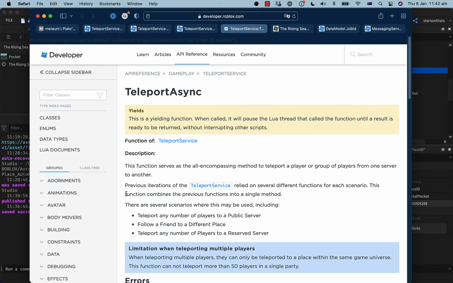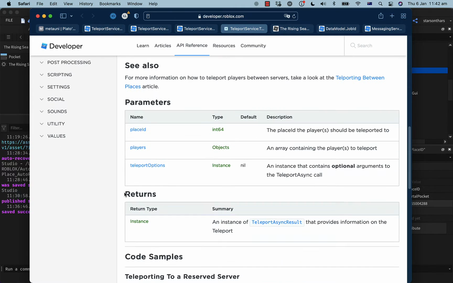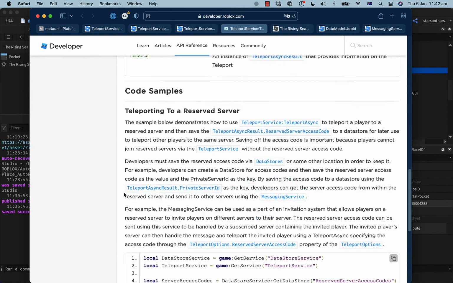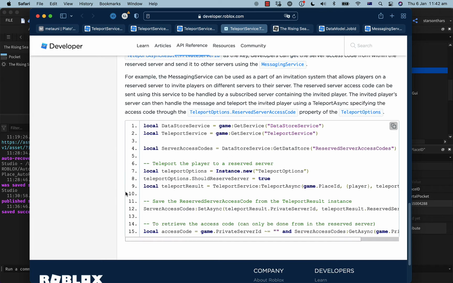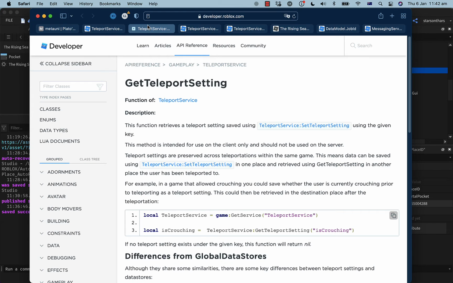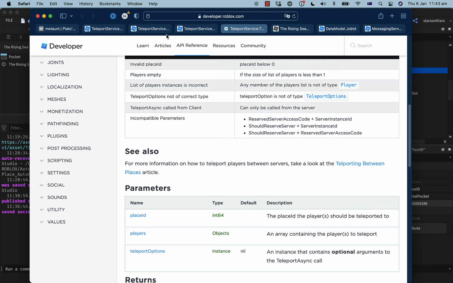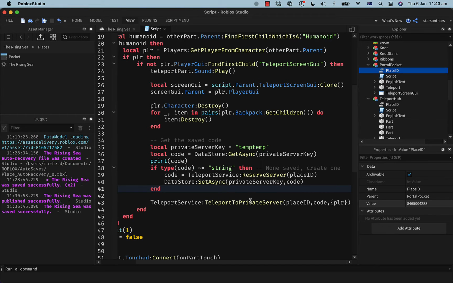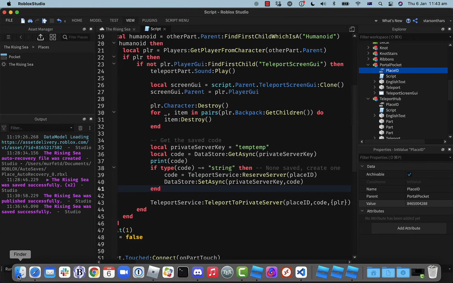Which direction does teleport async do? It does all of them. It's kind of weird. So then you pass the name of the teleport location or the spawn location into the teleport options, and then you go. That's right. And then you'll spawn at that one. Yeah, whatever. I think I won't bother using that.